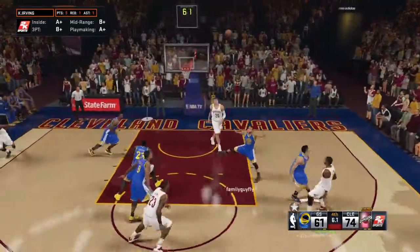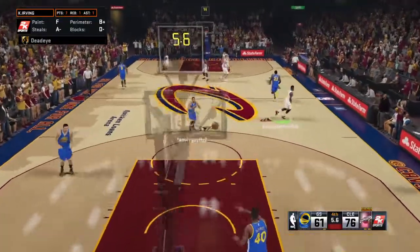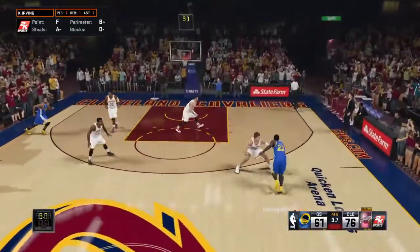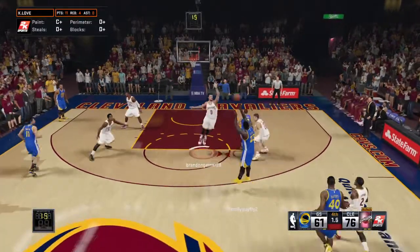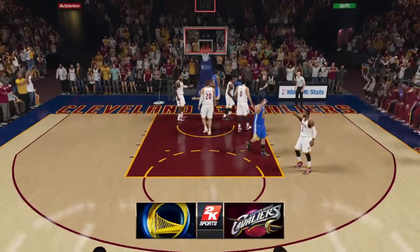Outside, Irving. Yes, and it's LeBron picking up the assist. Just look at how quickly their lead has grown over the course of the last few possessions. Boy, they've really saved their best for last, haven't they? And he gets it to go. So we see the